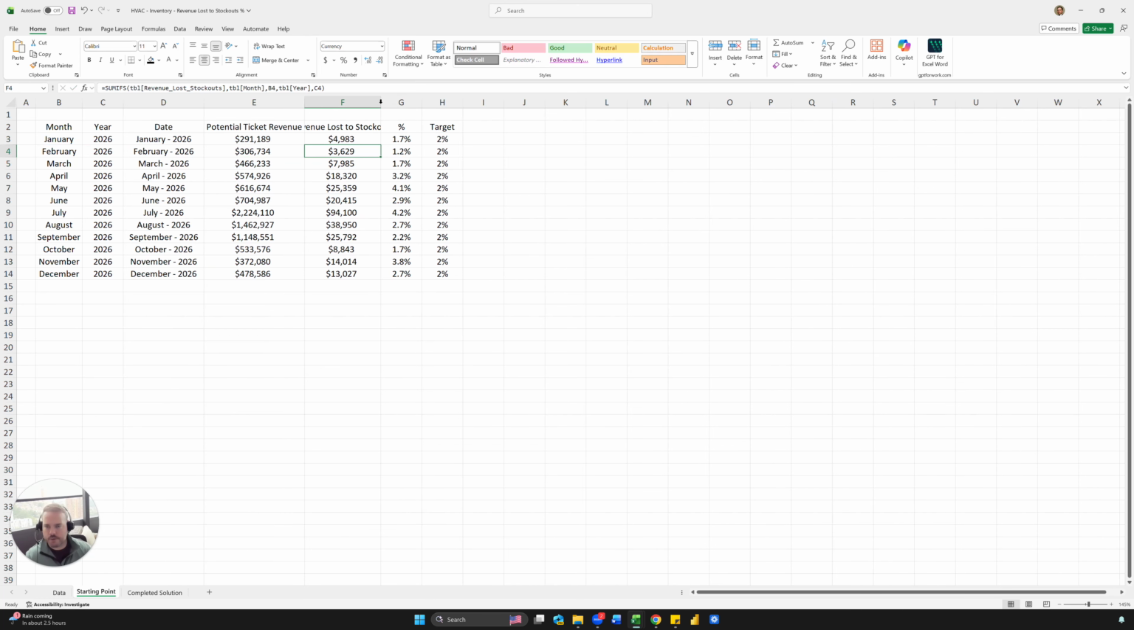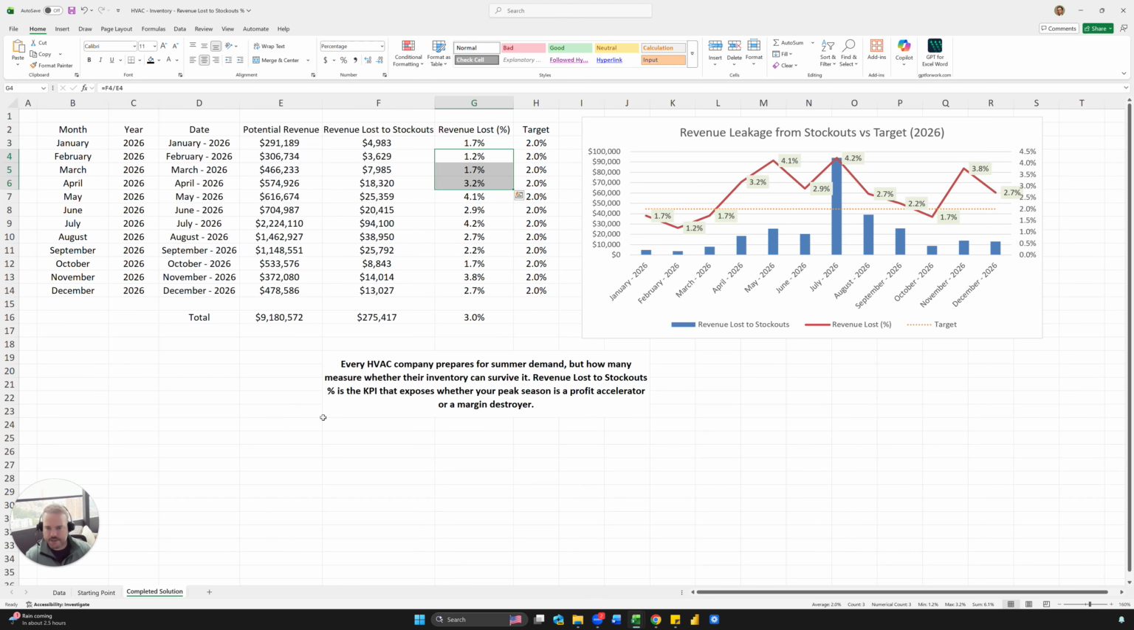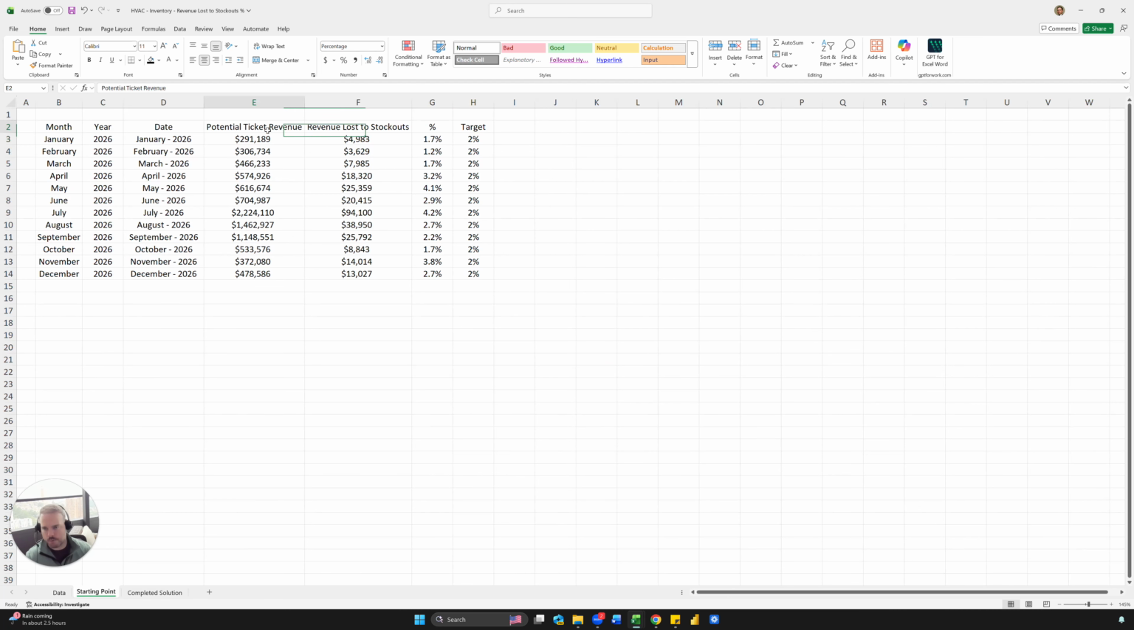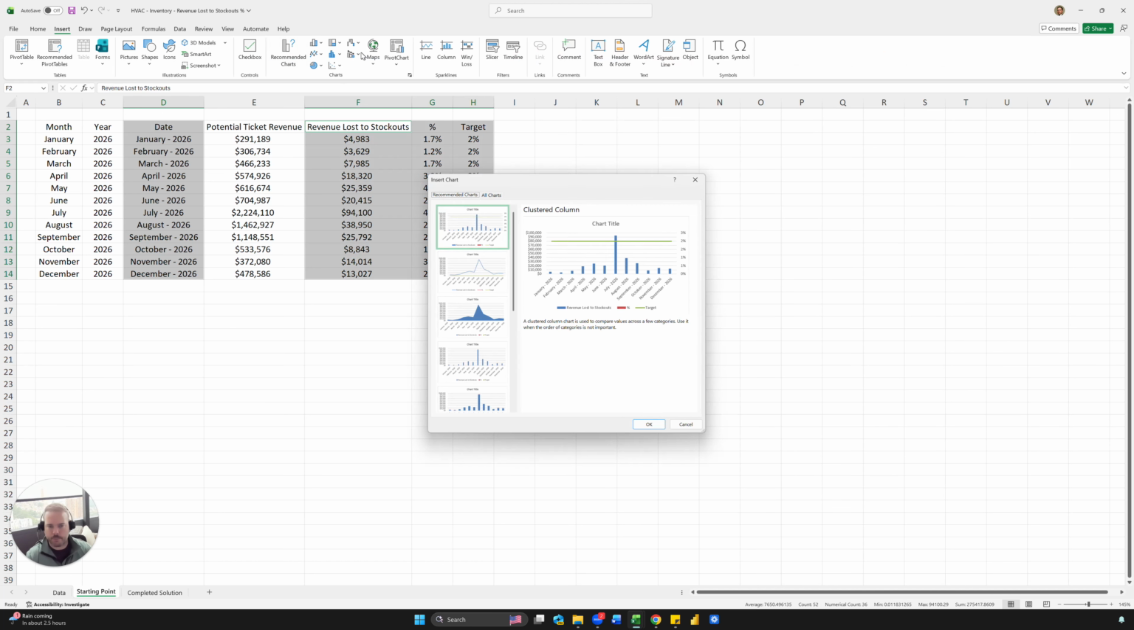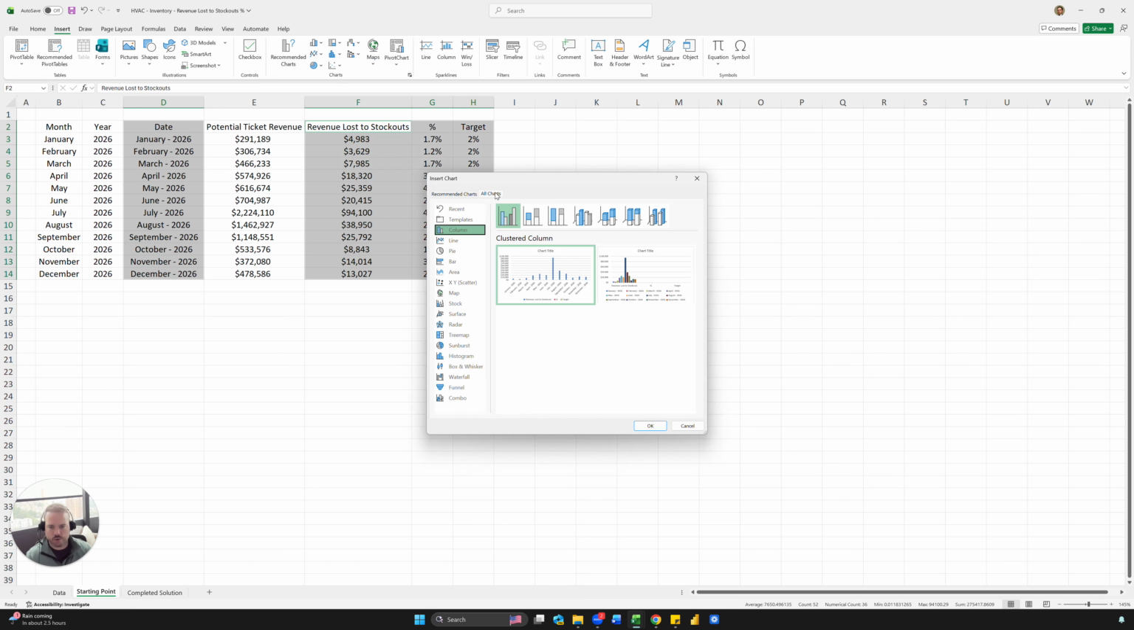So what I'm going to do in this one, I did the revenue loss to stockouts as the column, and you can do the exact same thing, or you can do potential ticket revenue. But I'm going to highlight this. I'm going to hold down Control and then highlight these three, go to Insert, and then go to Recommended Charts, All Charts,